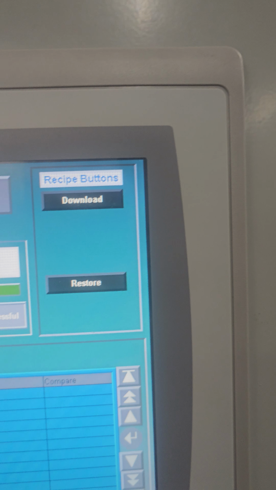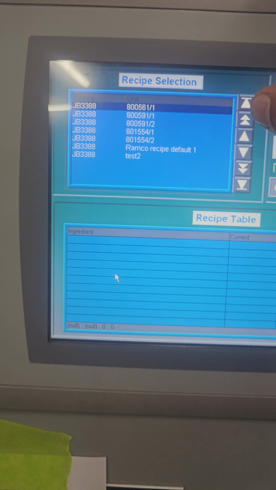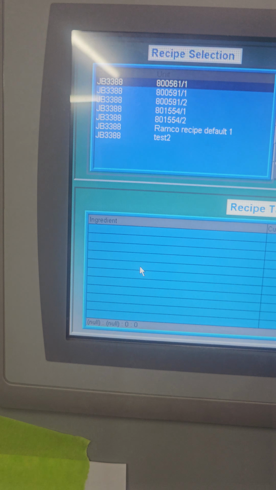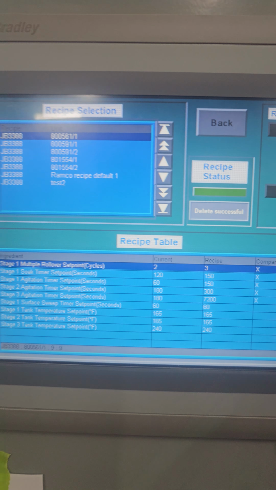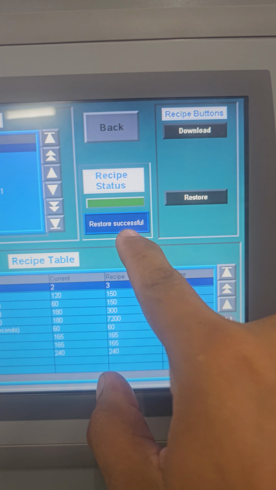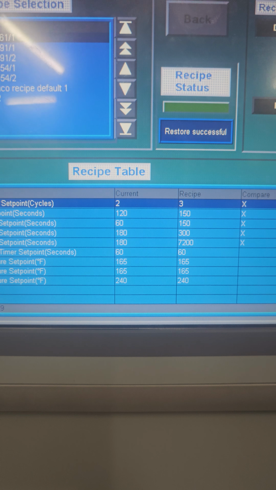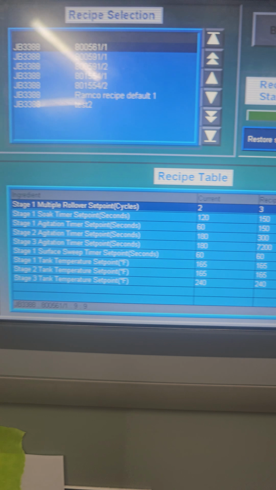You won't see any other button than just restore and download, which in this case I'm gonna download the first one just to show. You're gonna restore first. Once restore successful, you're gonna see it here. You're gonna see what is on the first recipe,